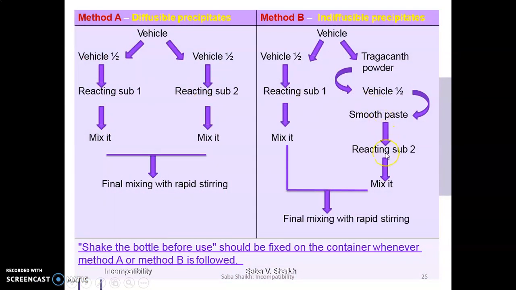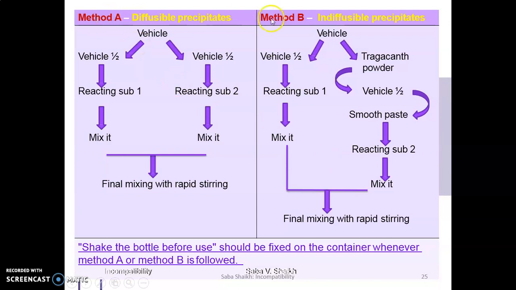This is an important chart. You can write it down in your book and practice writing it again and again, so that in the exam it will be easy for you to write method A and method B in less time. Apart from explaining in detail, you can make this flow chart, which will be easily available in your book. You can read it and write it down on the exam paper. You will get good marks.